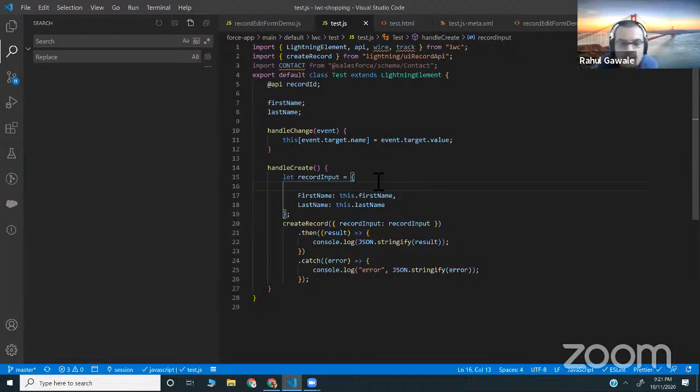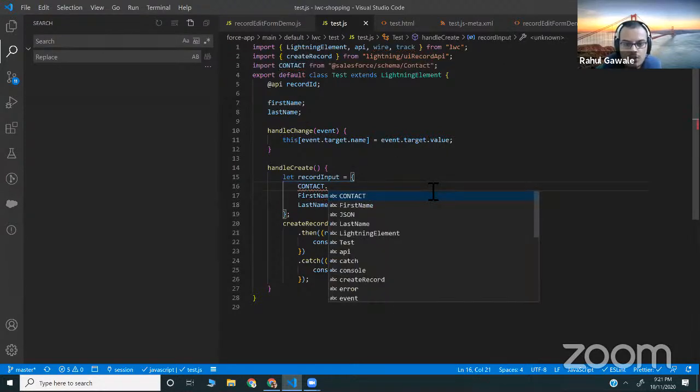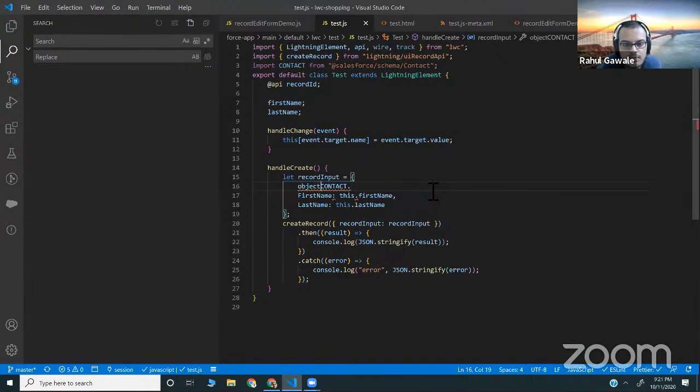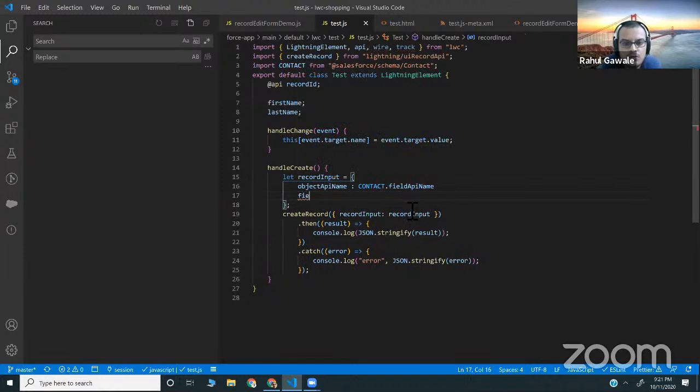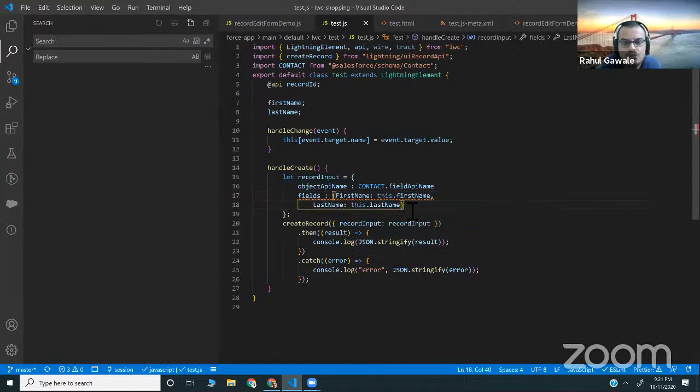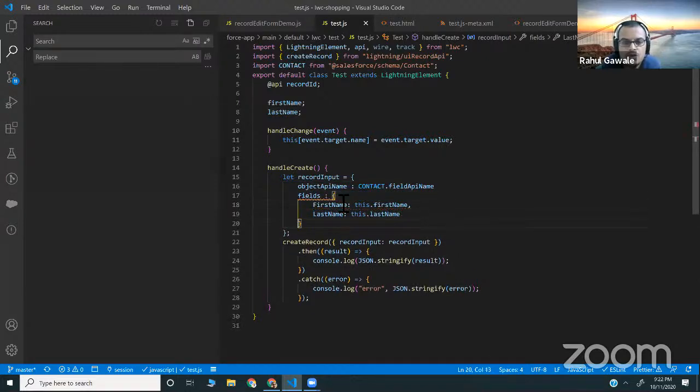Actually, we can also pass the hard-coded API name, but we are going to do it like this: contact.object API name is equal to contact.field API name, and these fields we are going to pass as fields, which is